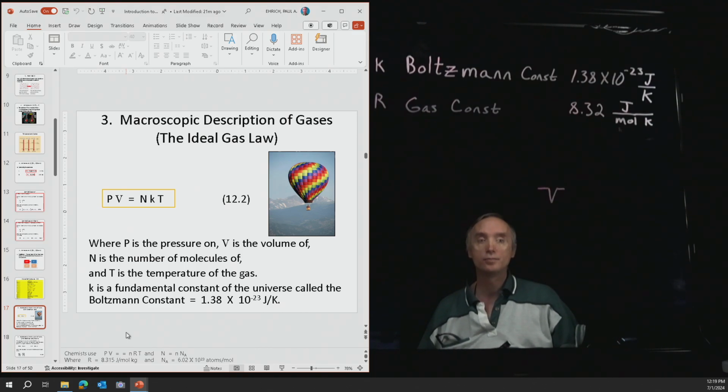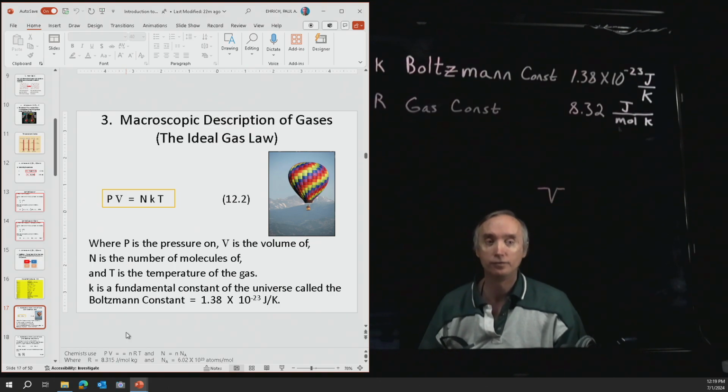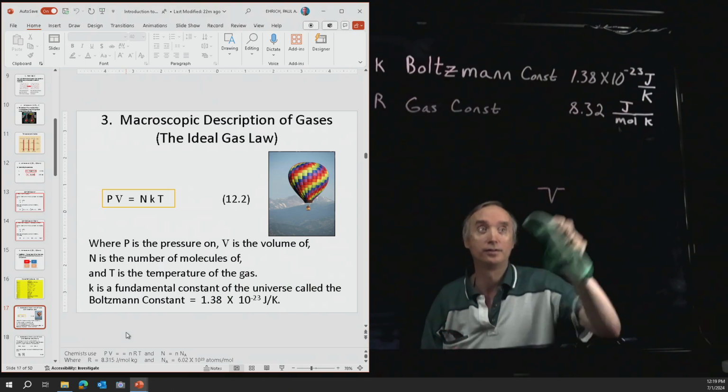And that is equal to N, the number of air molecules, multiplied by a constant, K, called the Boltzmann constant, and then multiplied by temperature, T. It's a kind of complicated formula, and what I'd like to do is derive it for you using conceptual